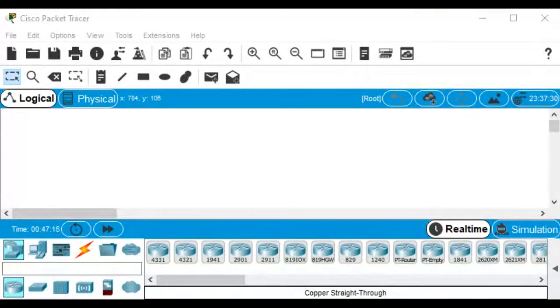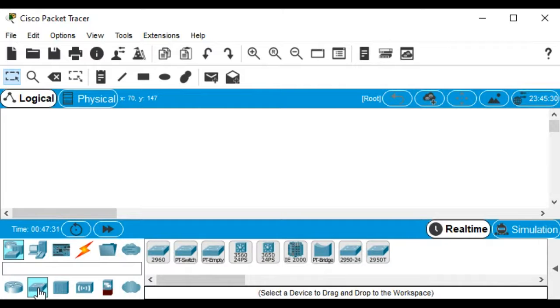Okay, on this first lab, there's an S1 switch and a PC-A connected together. So I'm going to go to packet tracer down to where it shows the routers and the switches. I'll click on the switch icon, and then I'll take a simple 2960 switch and drag it into the topology,